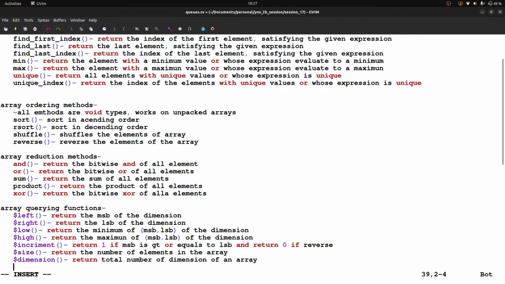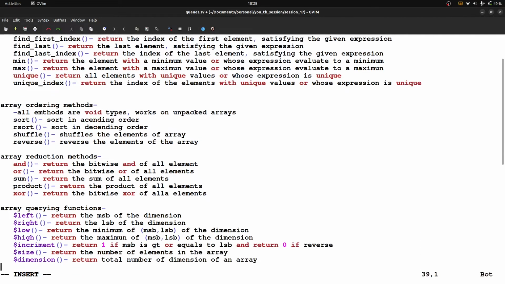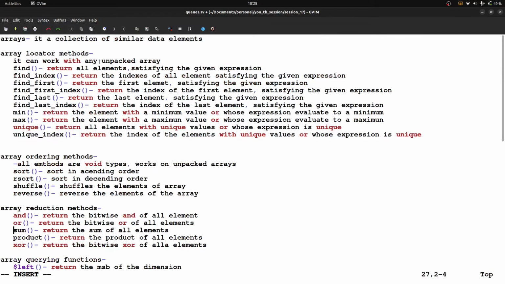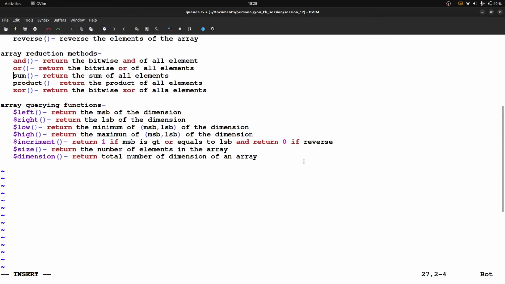So these are some specific methods which are applicable over all types and all kinds of SystemVerilog arrays. So these are the common methods. But today, as we are going to discuss only queues, some methods are especially associated with queues. So now we will discuss the queue specific methods. Obviously, all the methods we have discussed till now are also valid in queue, but queue also has some additional methods.